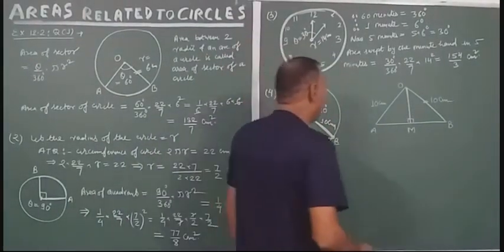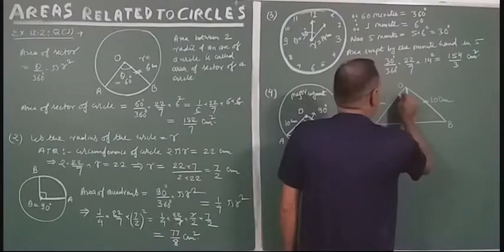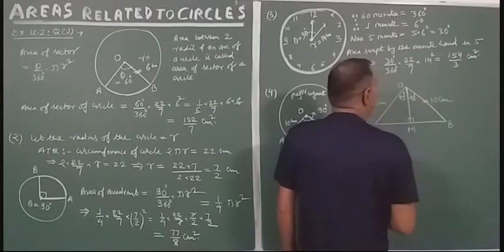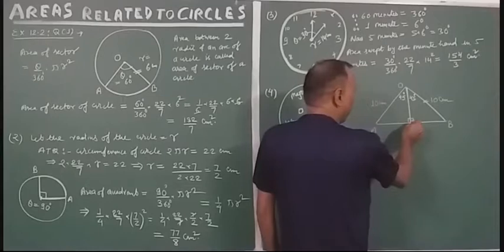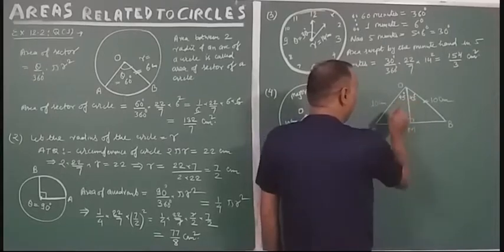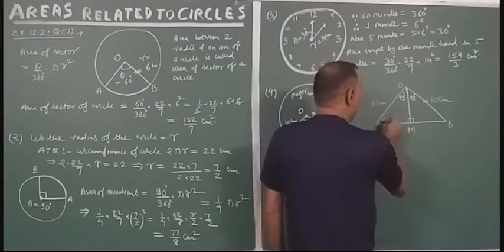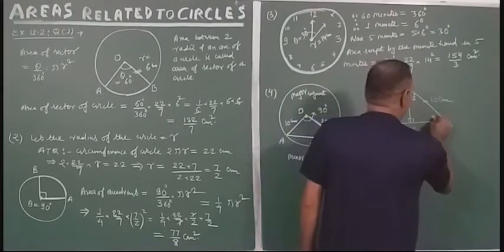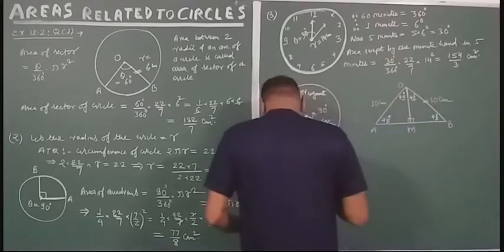So this angle will become 45 degree, and this will also be 45 degree. If this angle is 90, this is 45, it will also be 45, and this will be also 45. Now in triangle,